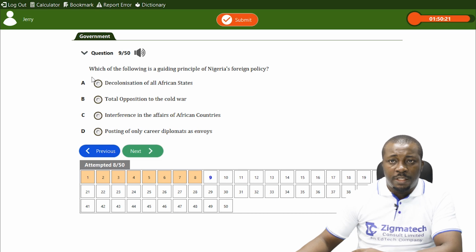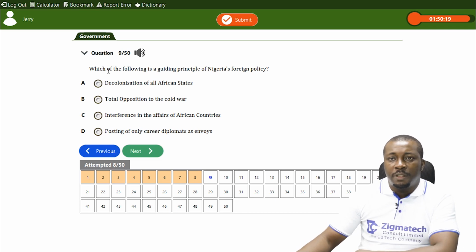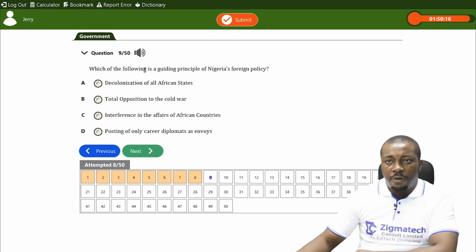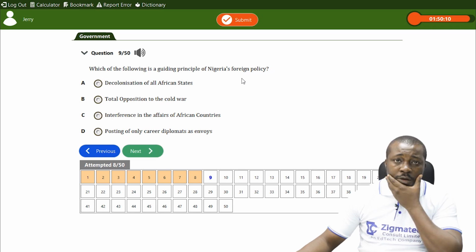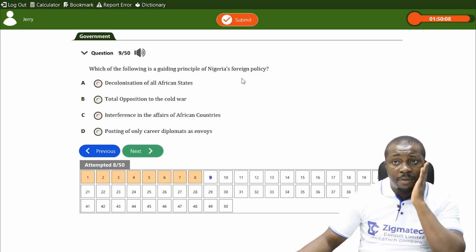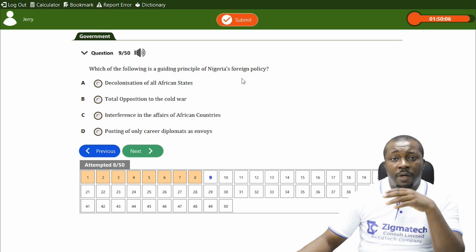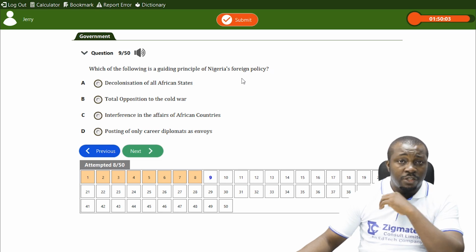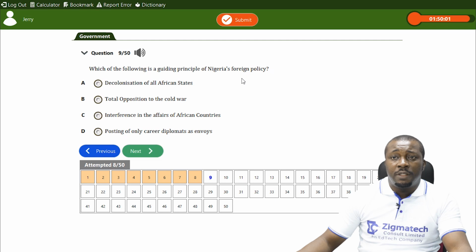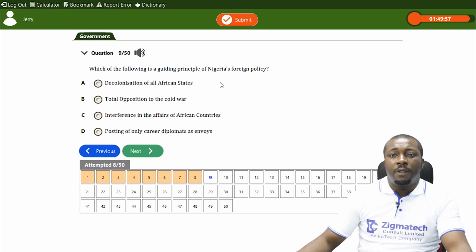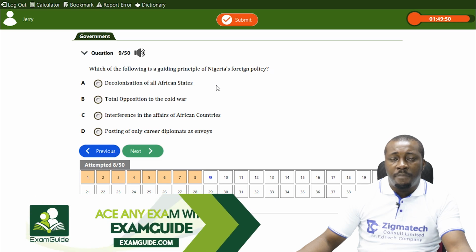Now, this number 9 question says, which of the following is a guiding principle of Nigerian foreign policy? Now, it is testing your knowledge on Nigerian foreign policy. Remember, foreign policy has to do with the principle guiding a nation's interaction with other countries and its stand on international questions. Now, principles guiding Nigerian foreign policy, of course, promotion of national interests, non-alignment with any world power and